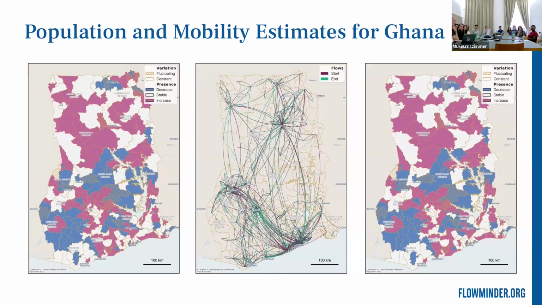Then in the middle we have the estimates of flows, only showing the top flows here. If you were to show the entire graph of all flows in the data, the map would not be readable, because then you have all possible connections, or almost all possible connections. You can already see from the structure, and if you know the urban areas, the cities in Ghana, there are clearly major connections between those urban areas, and fewer connections to rural areas. And these estimated bilateral flows are then added to the previous month's resident estimate to arrive at the subsequent month's estimate.